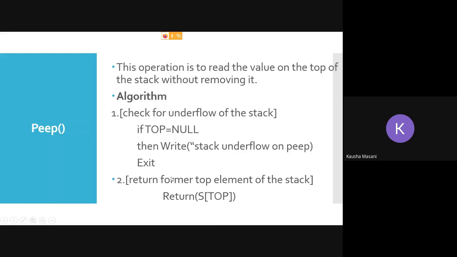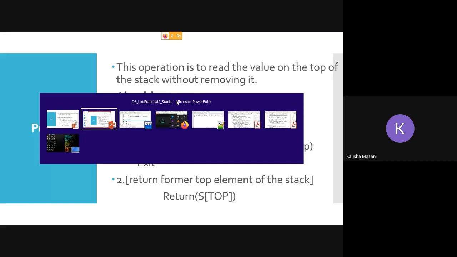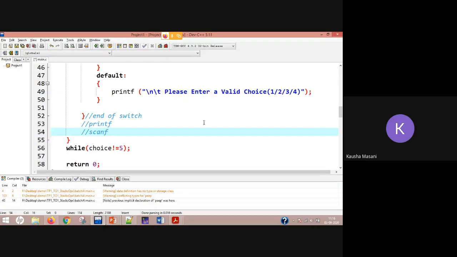So this is the algorithm for it, 2 steps only. First, check that your stack is not empty. If it is empty, write printf stack empty. Otherwise, in the else, a simple printf statement returns the value where top is pointing.